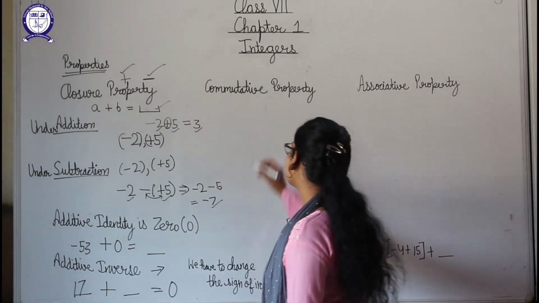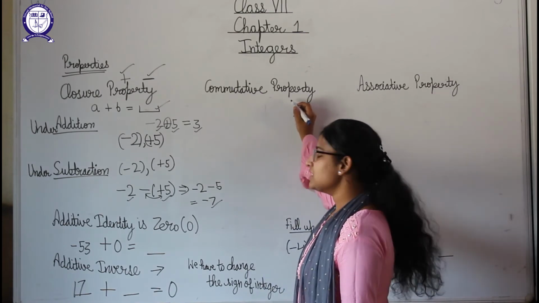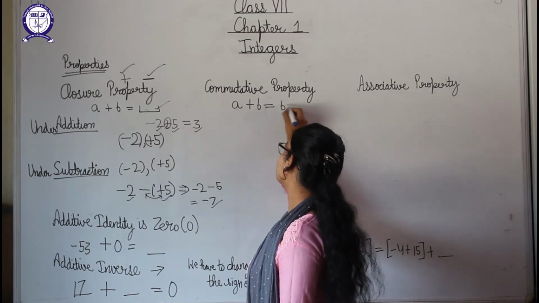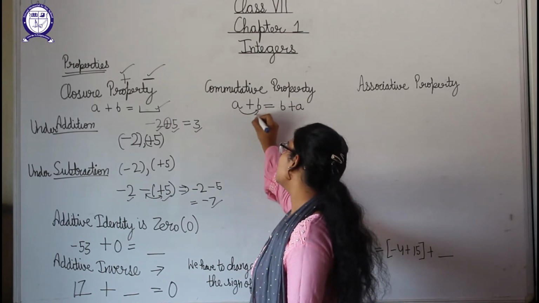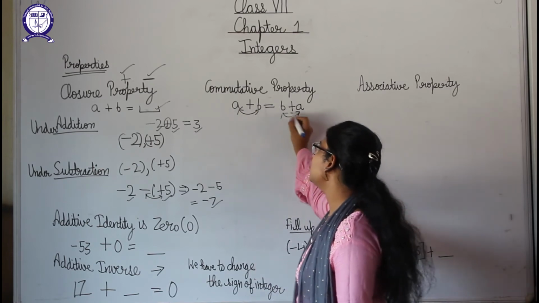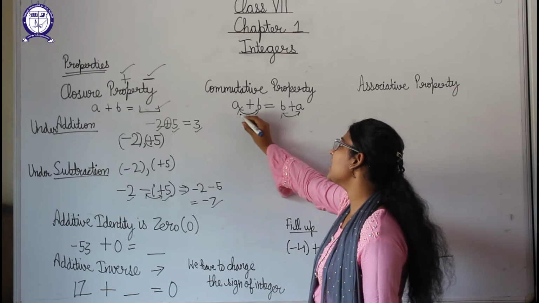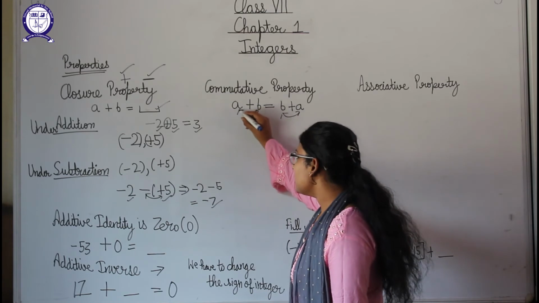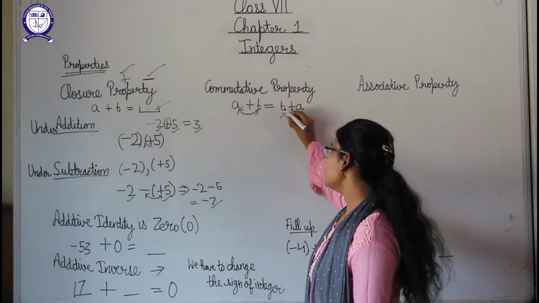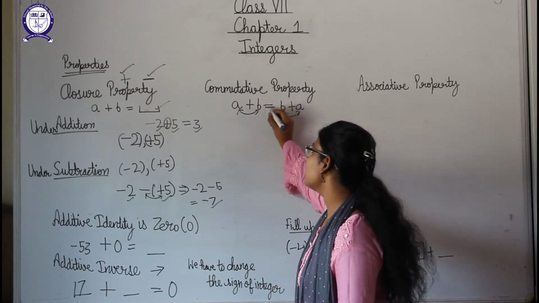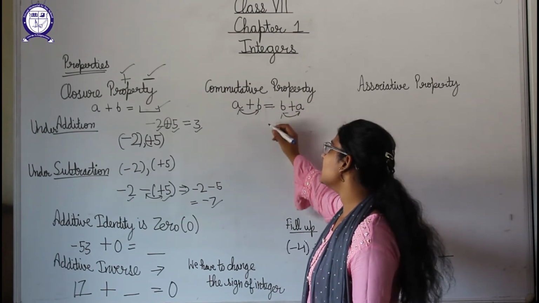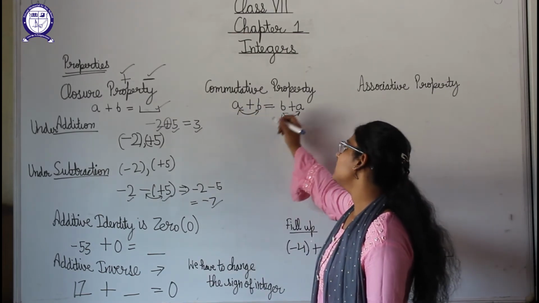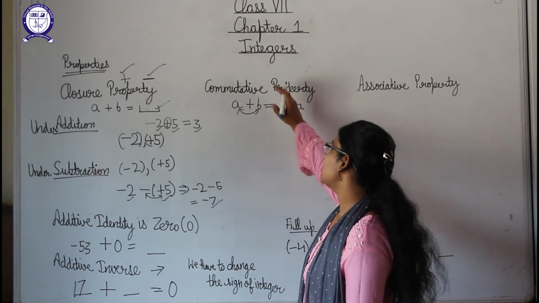Okay, now our next property is the commutative property. In this, suppose we are taking a plus b, then it should be equal to b plus a, which means we can interchange the position of the integers. As we are talking about integers, we will always take a and b as integers here, and we will check whether adding a to b or adding b to a gives the same answer. If both are equal, then we can say that integers are commutative under addition. It means if we apply addition and they give us an equal answer, we can say that they are commutative.